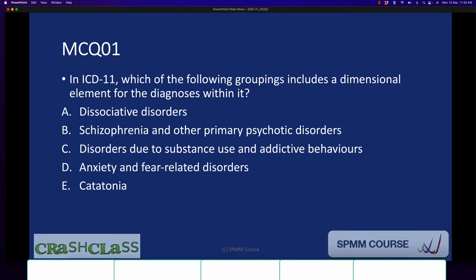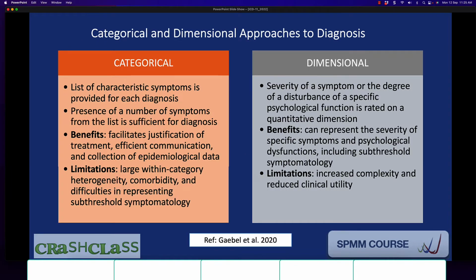E. Catatonia. There are categorical and dimensional approaches to diagnosis. In terms of categorical approach, a list of characteristic symptoms is provided for each diagnosis. Presence of a number of symptoms from the list is sufficient for making a diagnosis. In dimensional approach, severity of a symptom or the degree of a disturbance of a specific psychological function is rated